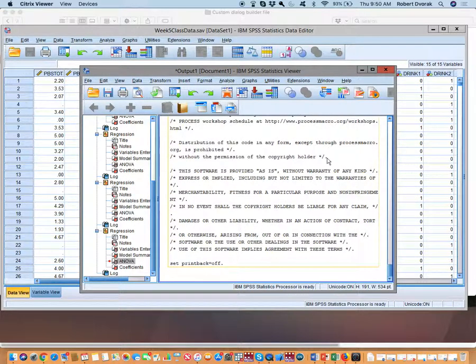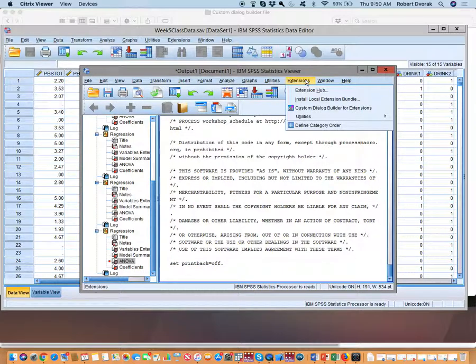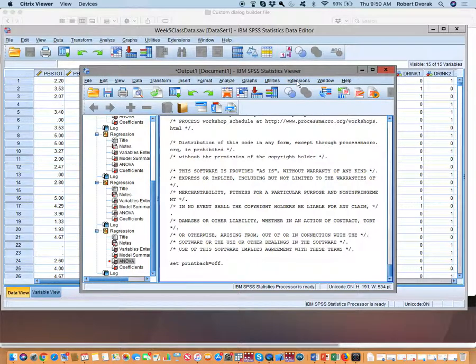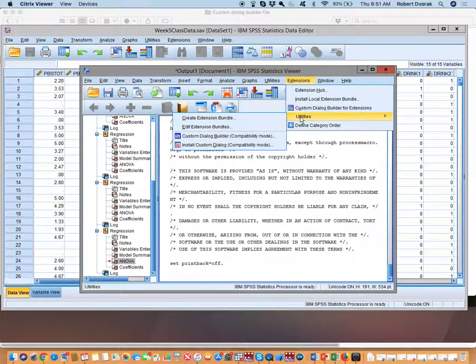Okay, so we've all done this, right? We did select all and we did run. Let's go extensions. Wait, mine's not running. What do you mean? Select all and then the green play button. And then go to your output. You have to look in output, yeah. Okay, I see. It's good. Oh, perfect. Okay, my bad. All right. So extensions, utilities, install custom dialog,